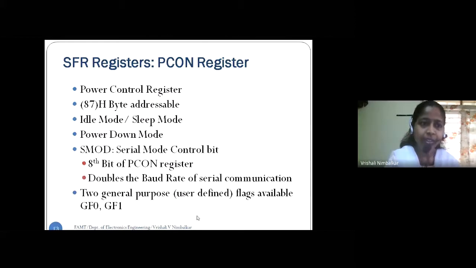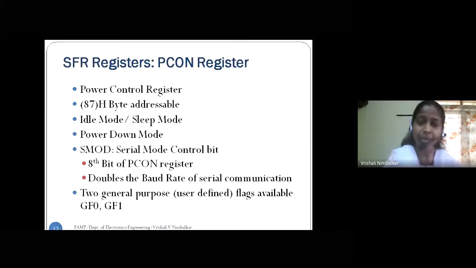Correct? And the other one is power down mode. Power down mode means again internally no operations are carried out by the microcontroller, as well as the clock is stopped. Correct? Clock is stopped means the entire circuit freezes, meaning no operation. Is that okay? So that is called power down mode. As said earlier, no operation means there is no current flowing through any of the circuit, not even the clock circuit. No current flow means no power dissipation.